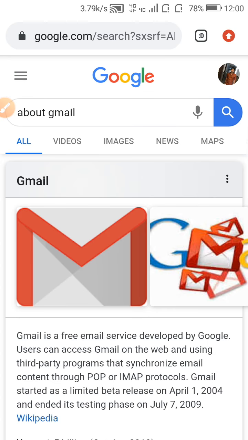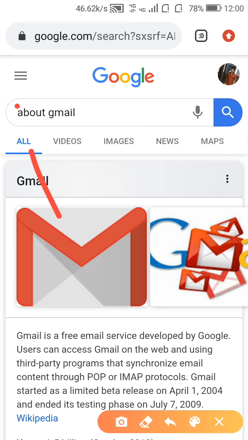By clicking about Gmail, it shows all about Gmail: pages about Gmail, then videos, images, news and maps.